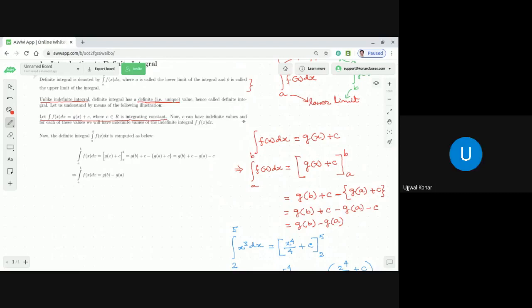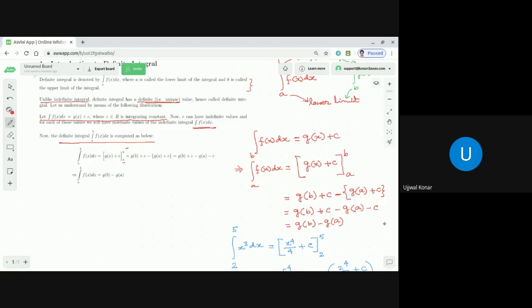Now c can have indefinite values, and for each of these values we will get indefinite values of the indefinite integral of f(x) dx that we are already aware of. Now how we are finding the definite integral: the integral from a to b of f(x) dx is computed as below: g(x) plus c from a to b, then g(b) plus c minus g(a) plus c,